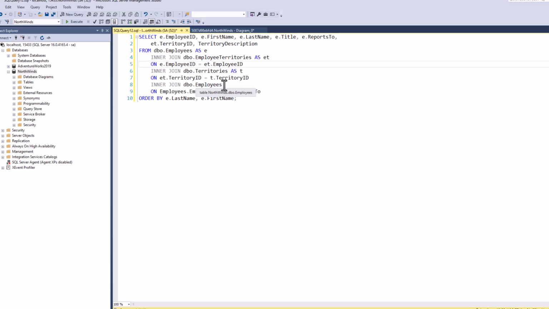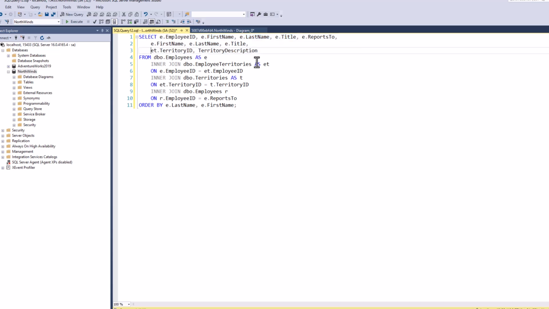Then I have my employees, and I'm going to go ahead and make this an R. And this is going to be r.employee ID is going to be joined to the original employee's reports to field value. Now, we don't have any information for who the person reports to. So let's grab these fields. We'll change the references as soon as we copy them in, because we want to pick up the first name of the person that the employee reports to, their last name, and their title as well.